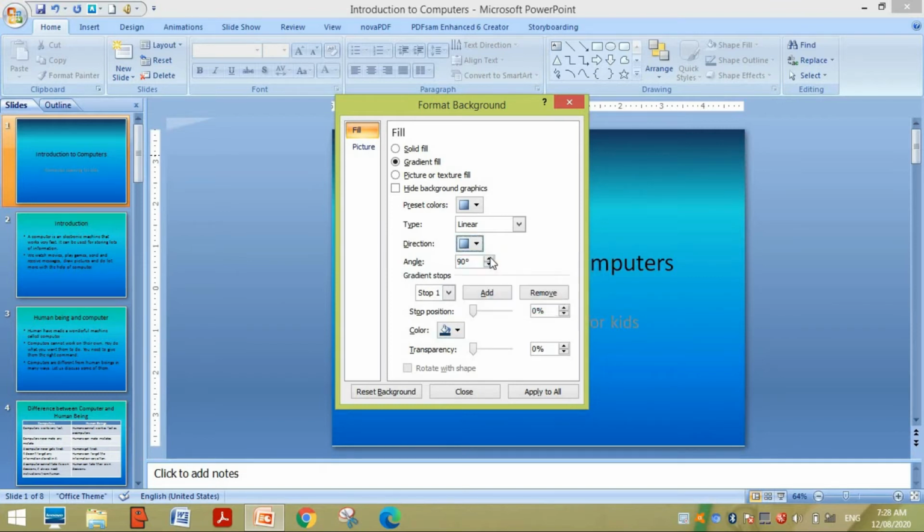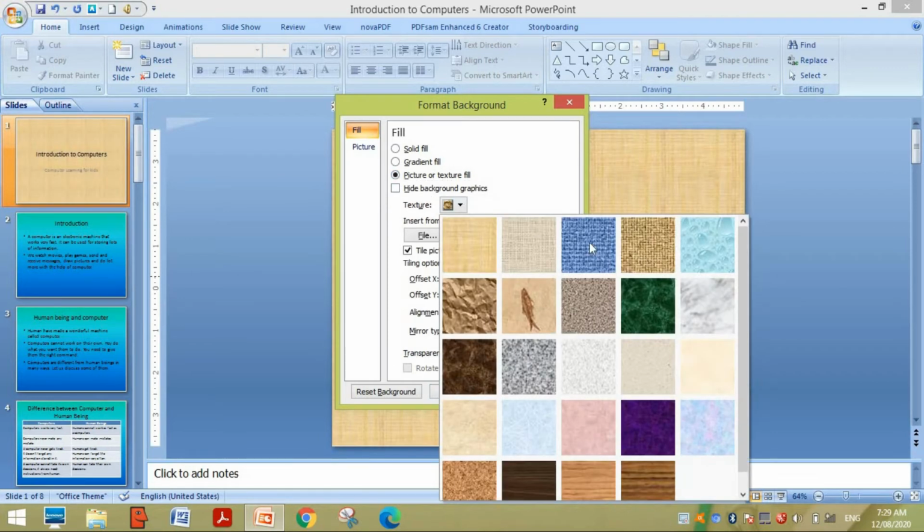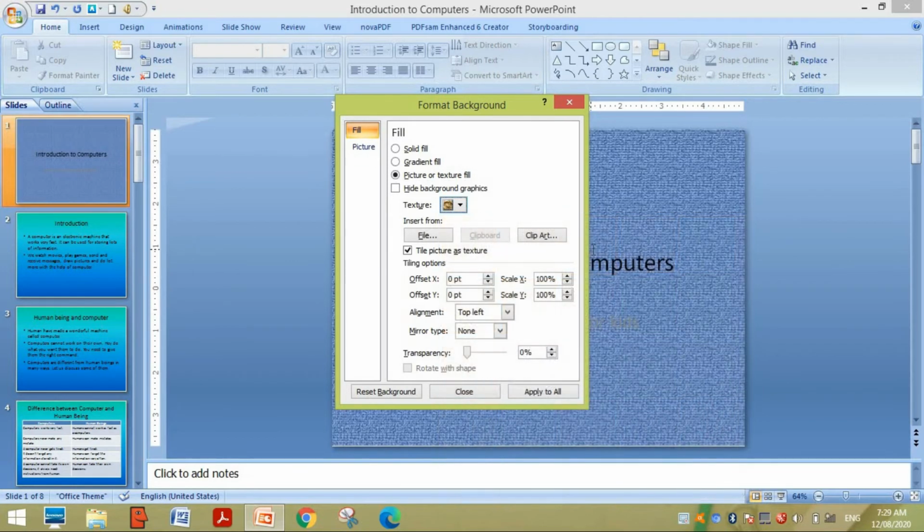Similarly the directions also, so this way you can change the gradient fill effect. Third one is picture or texture. If you want to add any texture, you can just click on that and again apply to all, so the texture will apply to all your slides.